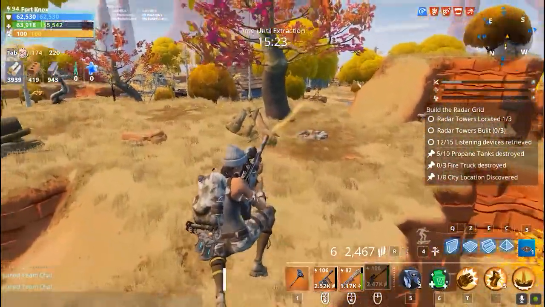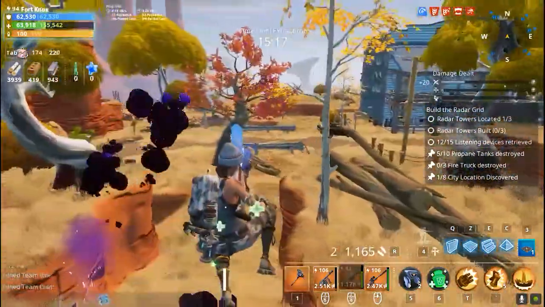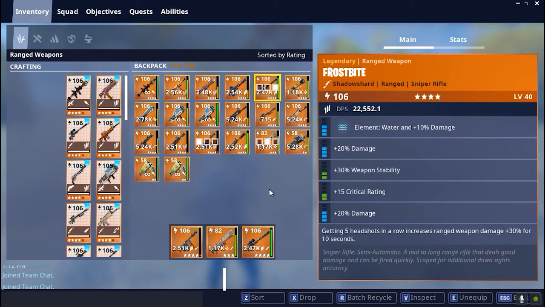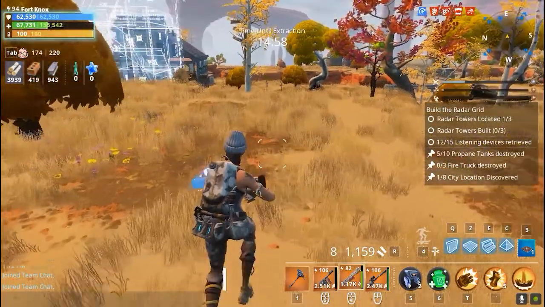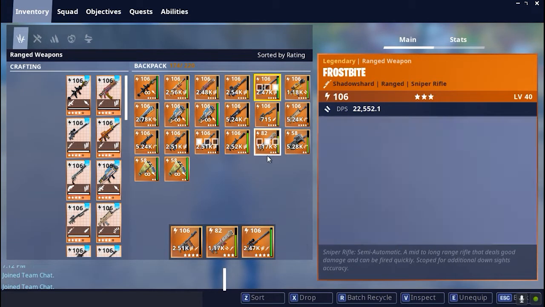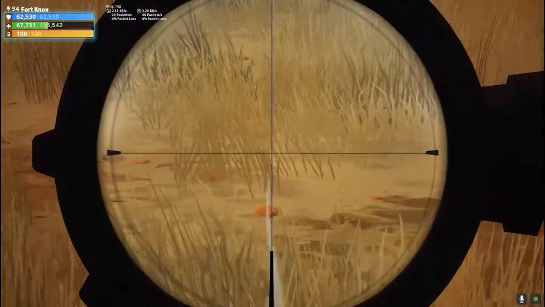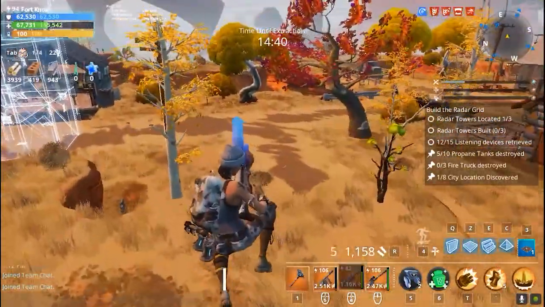So even then, the Super Shredder is just PL 82, and yet it does a better job than the Frostbite. However, the Super Shredder is all legendary perks, and this one's mostly blue and green. But that's besides the point, because the damage difference between 82 and 106 is major. Like if you just look at the damage difference, okay, theirs aren't that far, but if you compare the firing speed, there's a long wait between the Super Shredder's fire bursts and the